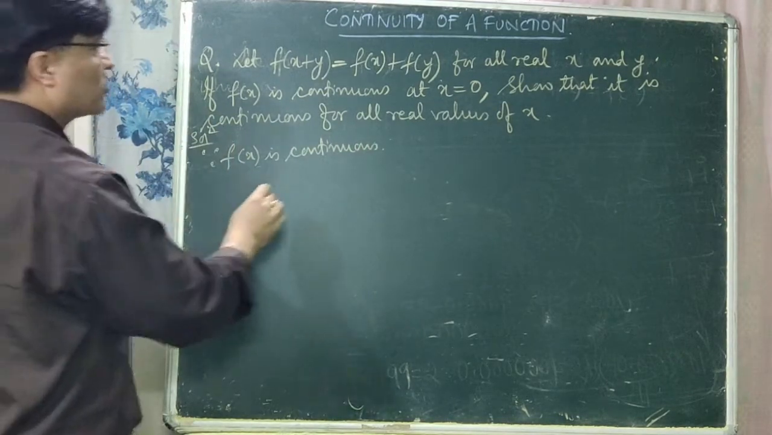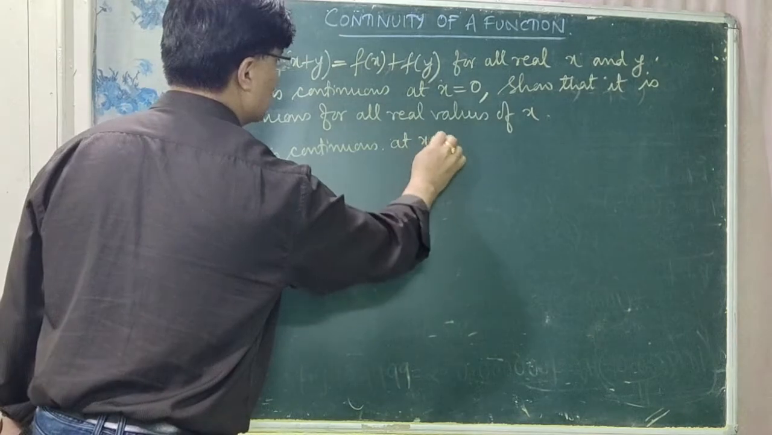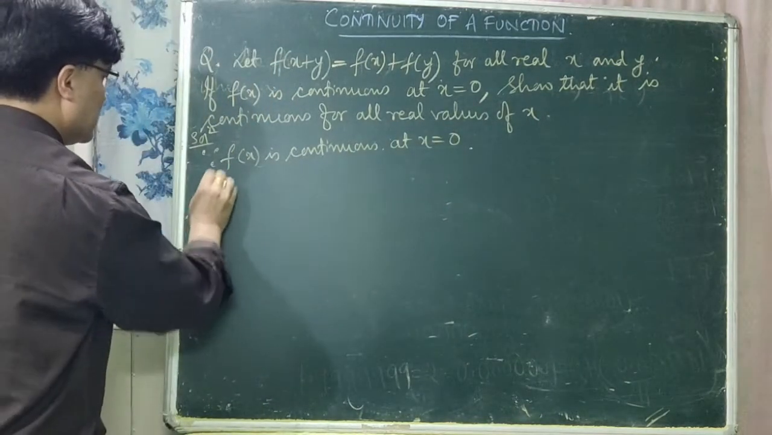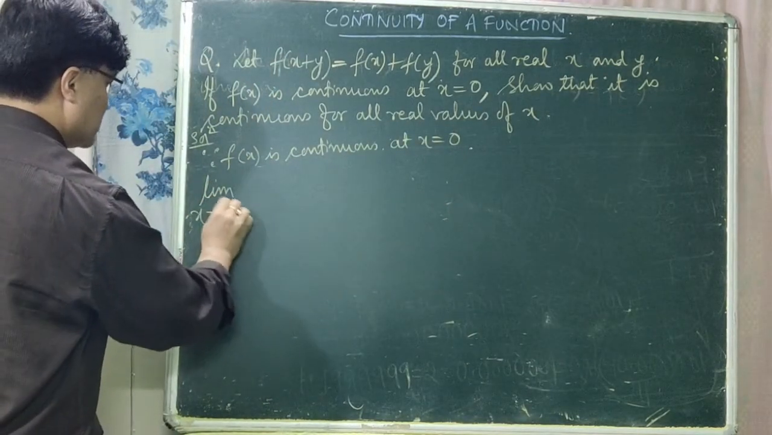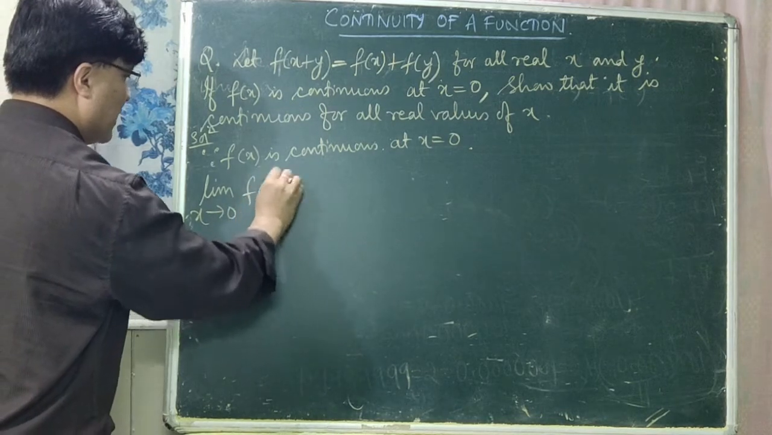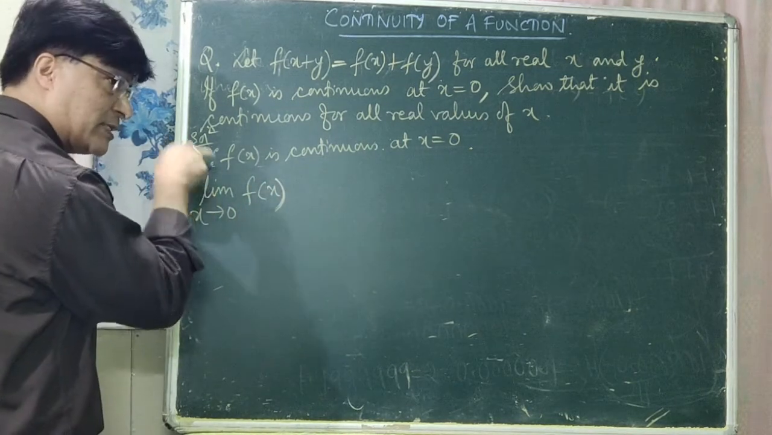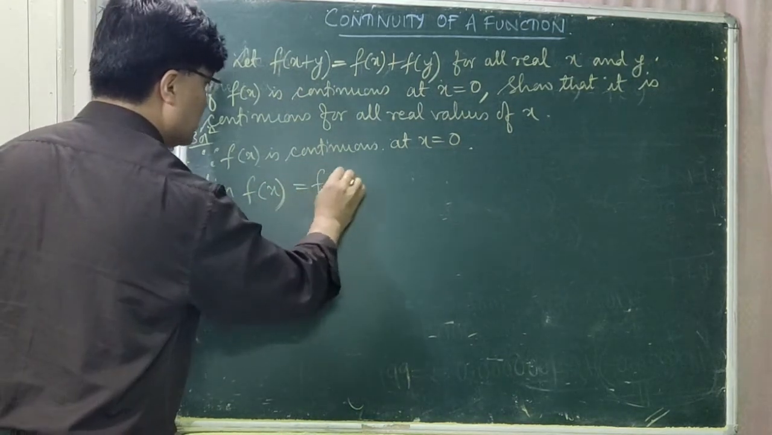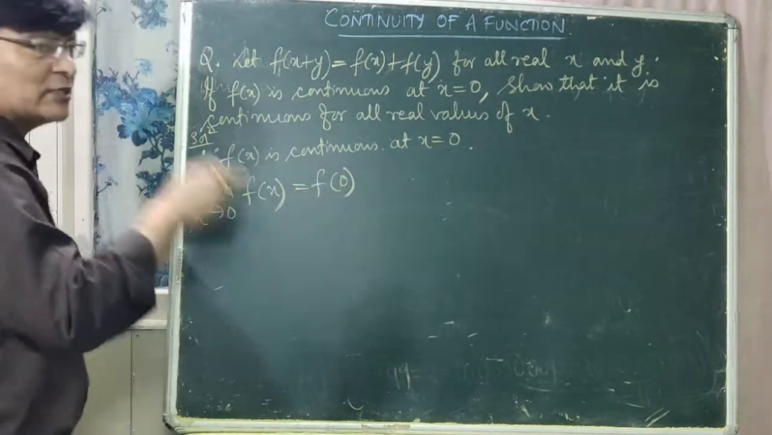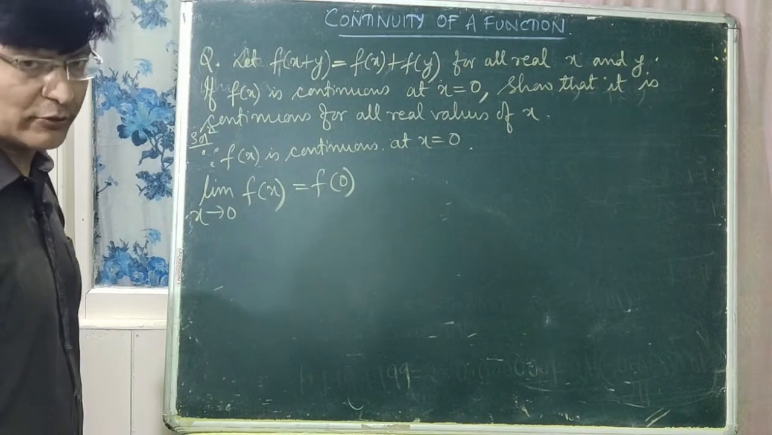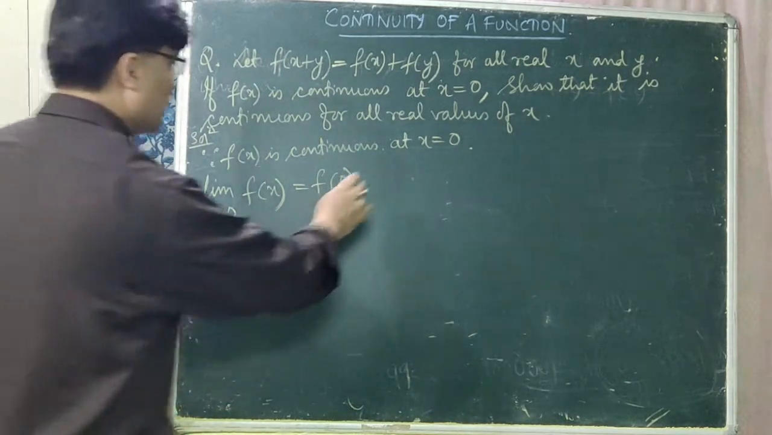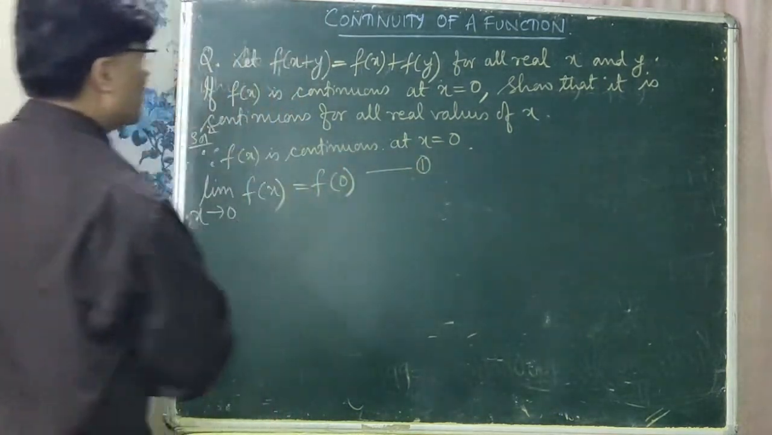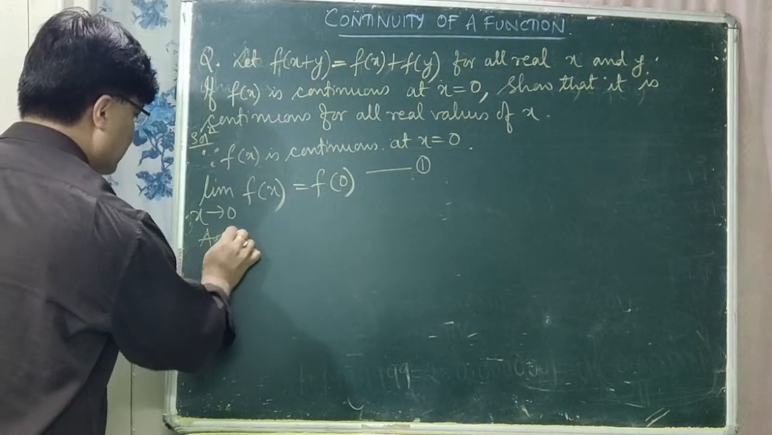Since f of x is continuous at x is equal to 0, so what do we write? Limit x tends to 0 f of x. Both right hand limit and left hand limit are included out here. Okay, so which is equal to the value of the function f of x when x exactly equal to 0. Is that clear to all of you? So let us mark it as number 1. Now again it is given that